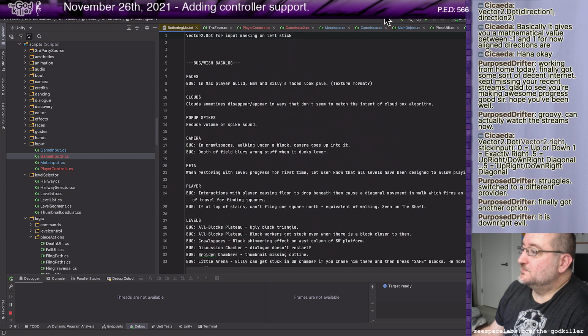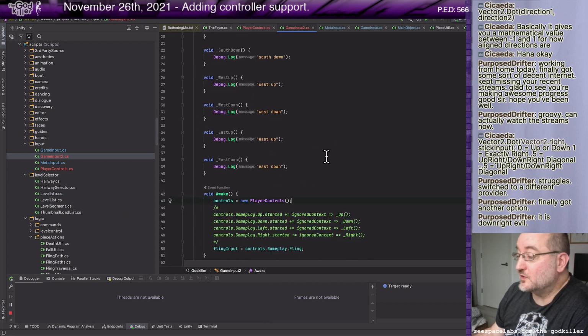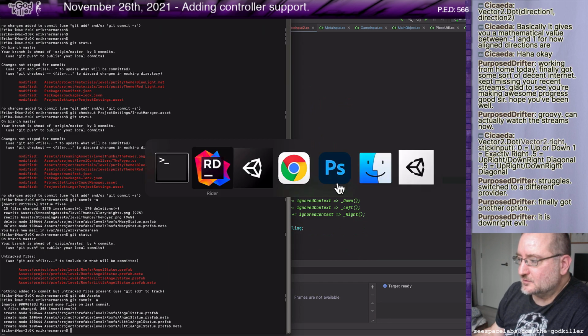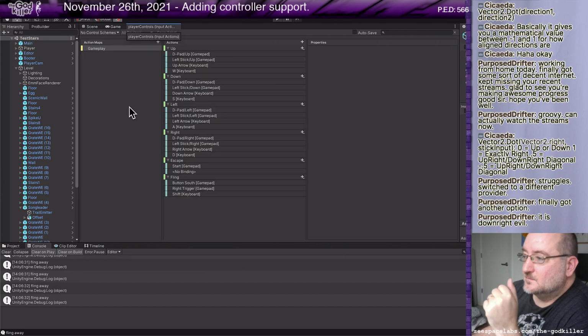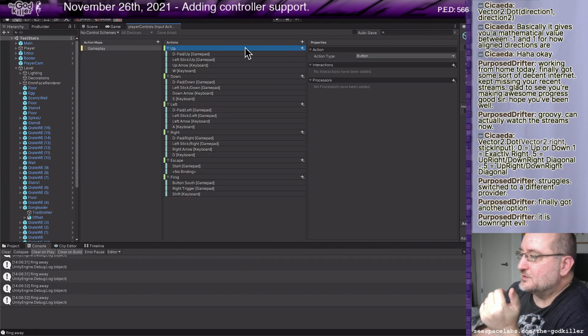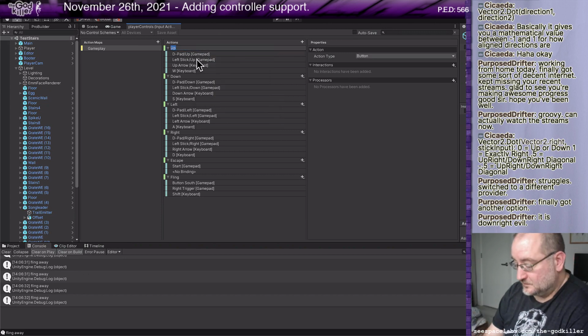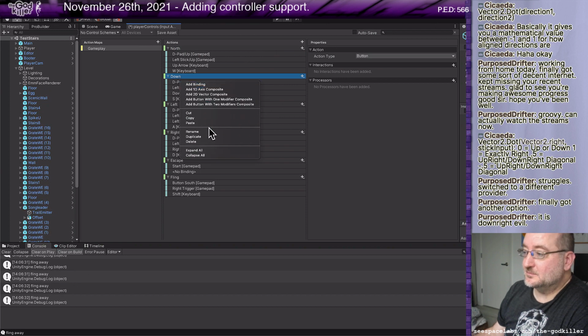Yeah. All right. So let me do my first thing I want to do, which is just be certain I can get all the inputs I'm going to need. And even before that, let me do a little cleanup on my input actions. For one, I want to rename these to be what is actually going on in my game.